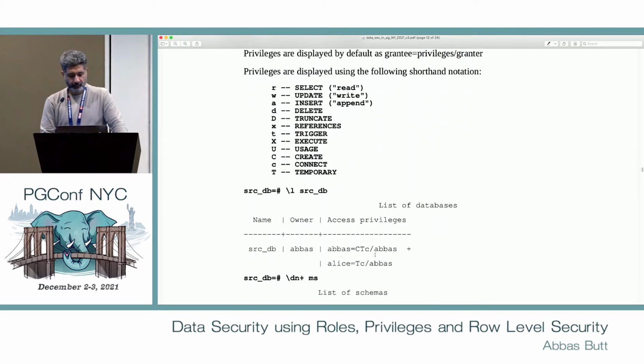Like Abbas is granting these privileges to Abbas, or Abbas is granting these privileges to Alice. So T and C would mean temporary and connect, right?